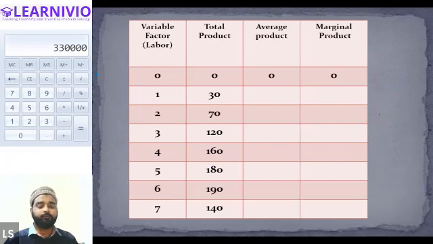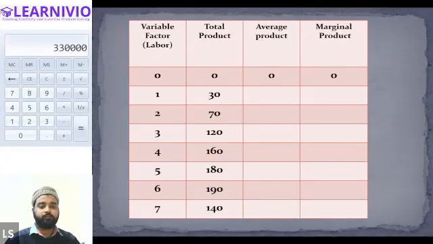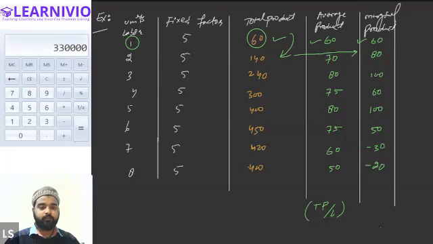Okay. Now, all right, Alexander, can you find out the value of the average product and the marginal product in this question, please? Sir, we did this last class. Okay, we have already done this. All right, let me give you another question. Please write it down. Why were you not attending the economics class after the first class? The second class, I think I got the wrong link. That's it. Okay.